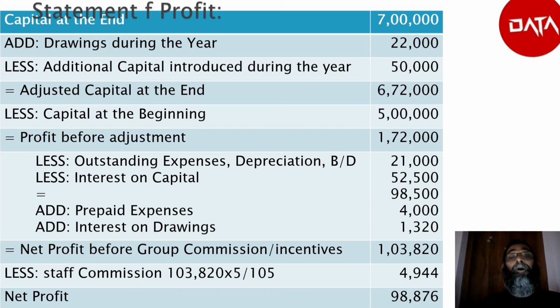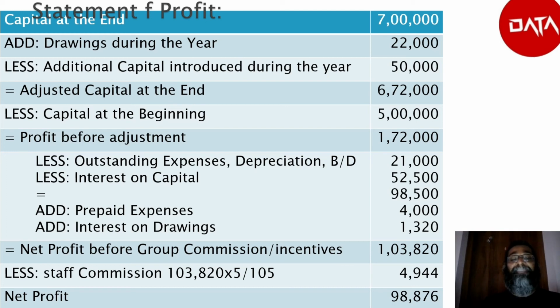98,500. Along with this, add prepaid expenses. Prepaid expenses is 4,000. And interest on drawings is equal to 1,320, which is arrived at 6% on 22,000. Therefore, the net profit before commission, staff commission, is